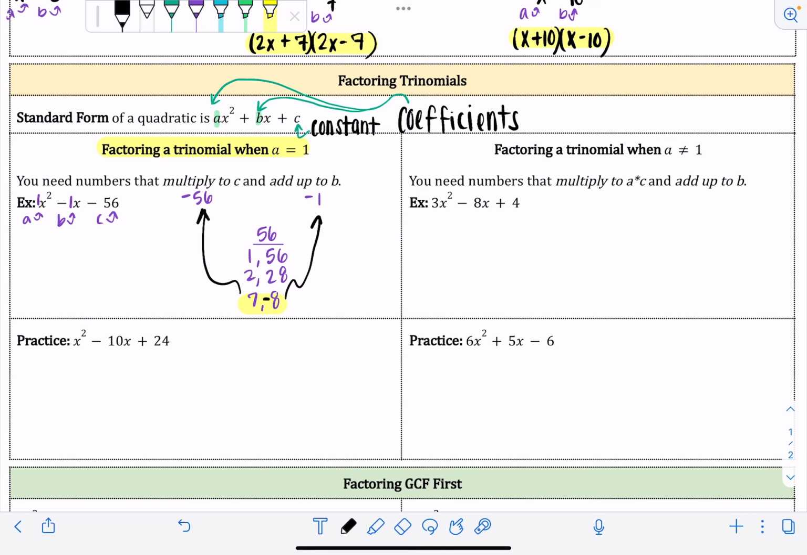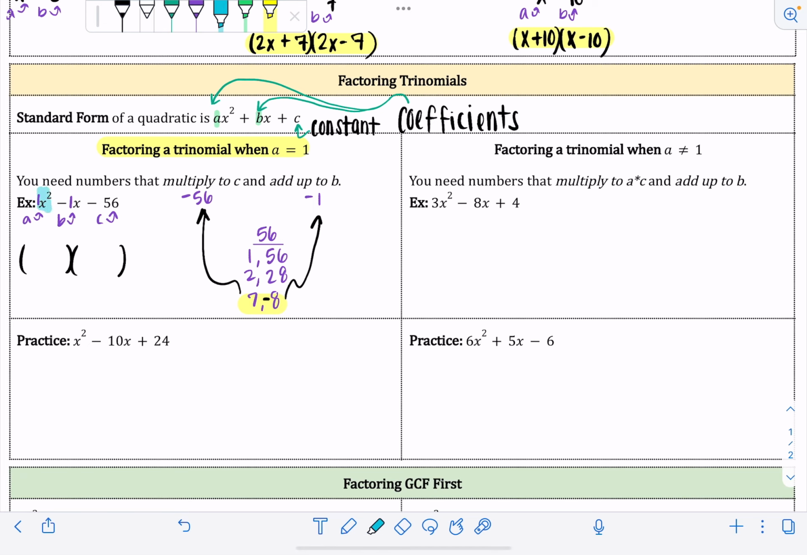If they add up to a negative number, the bigger number would need to be negative. So that's why our 8 was negative. So then when a is 1, like the second one that we're working now, whenever a is 1, when you factor it,